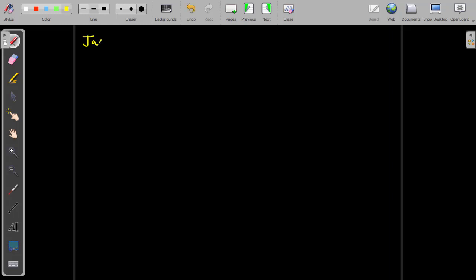Jacobian. First I will define it for the function of two variables. Let u equal to u of x comma y, and v is another function, v of x comma y. Then